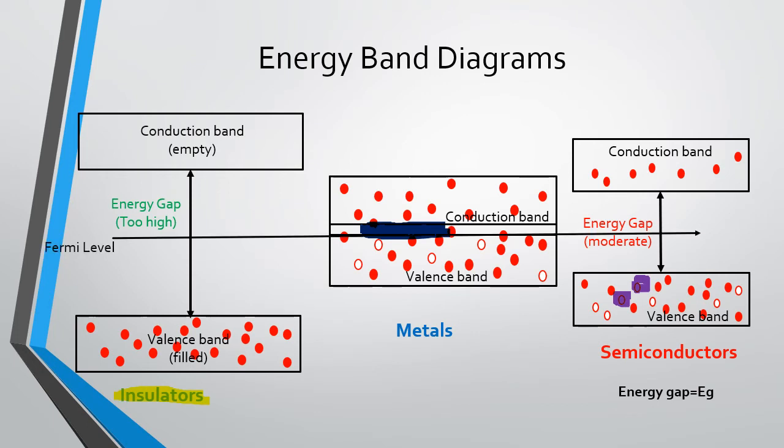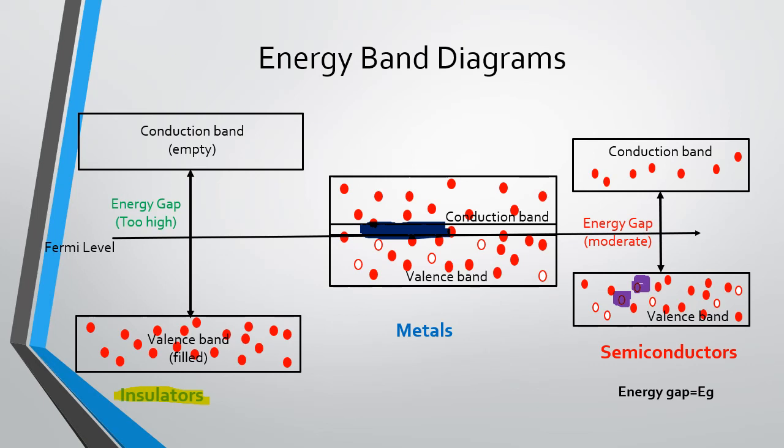With this, we have another concept which is known as Fermi level. What is Fermi level? Fermi level is the energy level of donors or acceptors which you will be giving to the conductors. In insulators, there are no donors and no acceptors, so Fermi level is at the center. Over here in the metals, there is no Fermi level because there is no energy band gap.